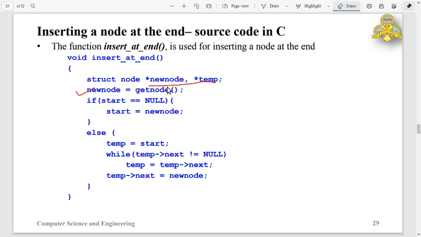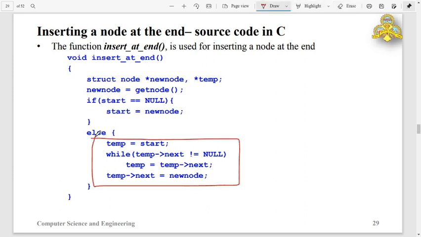In the if statement, the true section has the same logic. If start is equal to null, that means the list is empty, assign the new node address to start. If it is not empty, come to the else part. Store the address contained in start to temp.